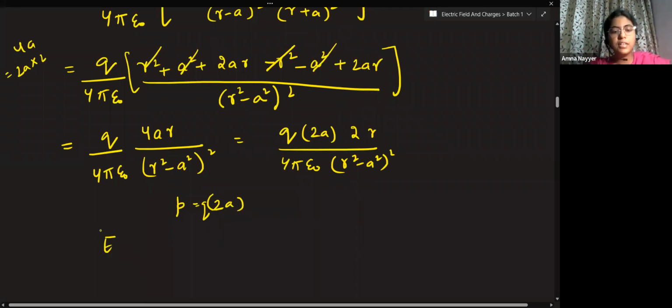So electric field at the axial line, this becomes 2, this 2, K for